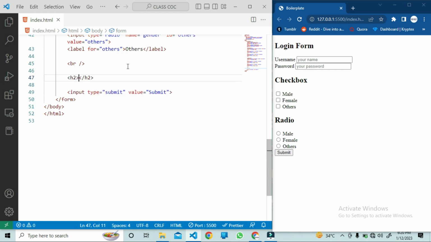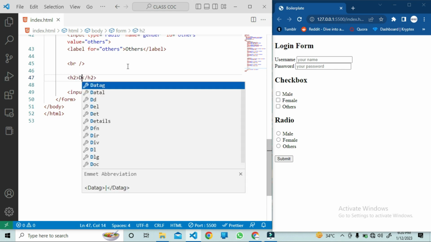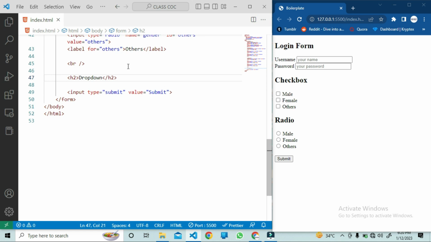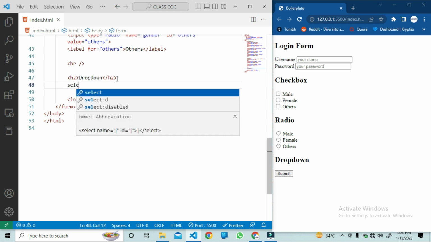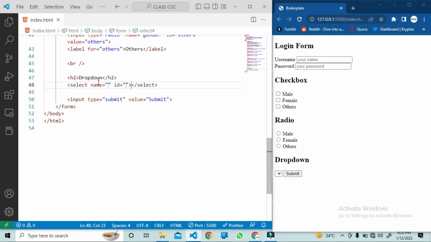drop down. So I'm going to use my H2 once again, and I'll call this drop down. All right. Drop down is an input field that allows us to select just one option by looking through a list of options. And this goes with the keyword select. All right, so select has two attributes, the name, and here I'm going to make the name country because I want to give a list of countries, and then the ID, I just want to use CTY,